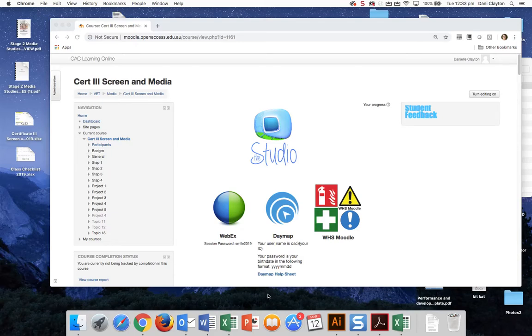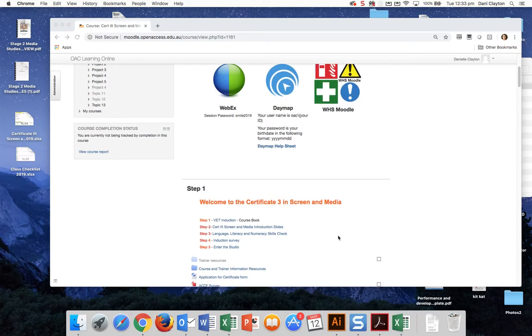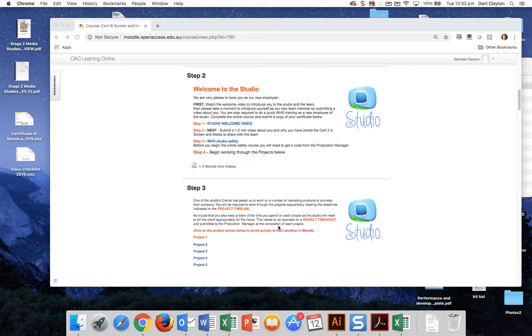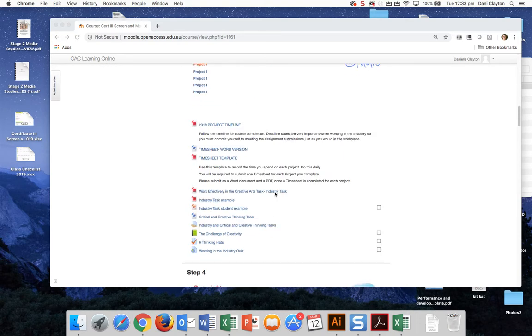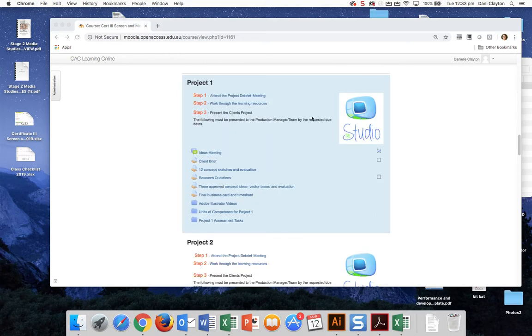Okay, I just want to go through the rest of project one. So hopefully by now you should have already completed your client brief and your 12 concept sketches. And I discussed that in previous lessons and a previous recording, so refer back to those if you need more information about that. But basically with the 12 concept sketches, if we go to project one and work through the